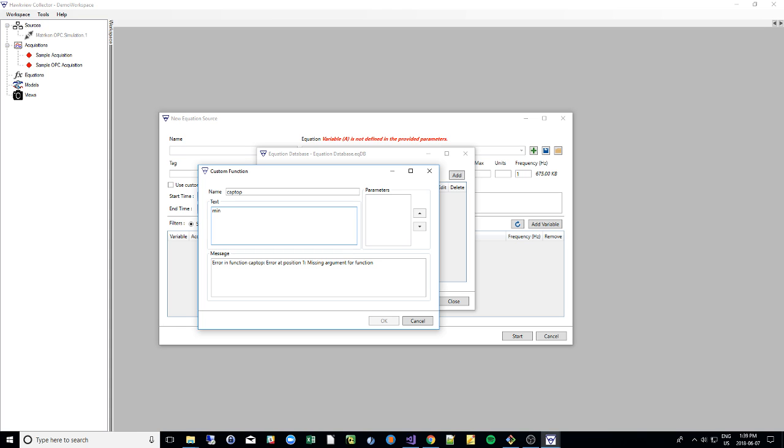So we'll call it min, and we'll assign the variable x and use a semicolon to separate the different variables within a method calling. And we'll call it